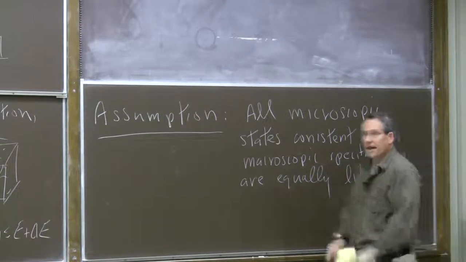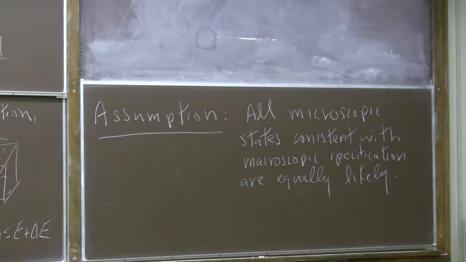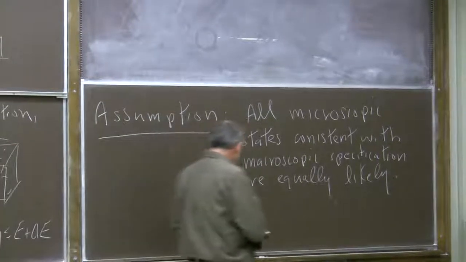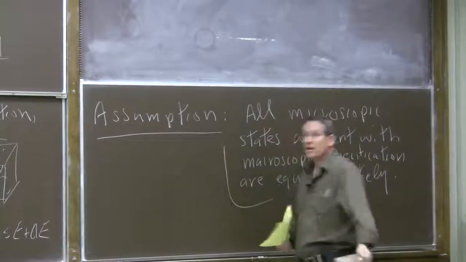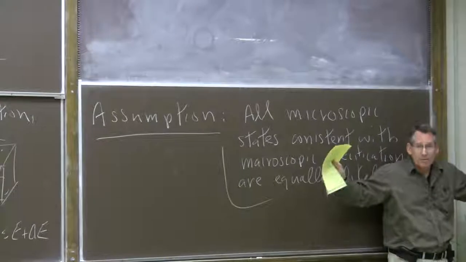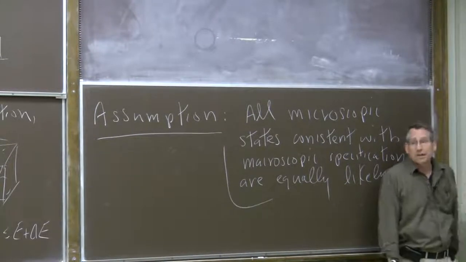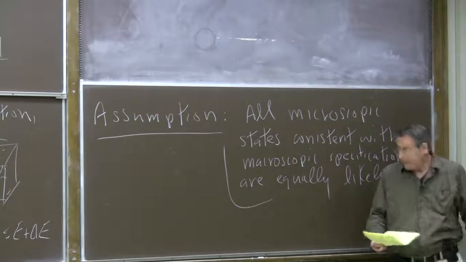It's a very egalitarian democratic principle. All the microscopic states have an equal right to be the microscopic state of the system, as long as they're consistent with whatever it is we know or we specify, like, for example, the total energy. So that means each one of those states, we're pleading ignorance. We don't know anything about the microscopic state, so we might as well assume that there's a uniform probability distribution in all the states. Each one of them,